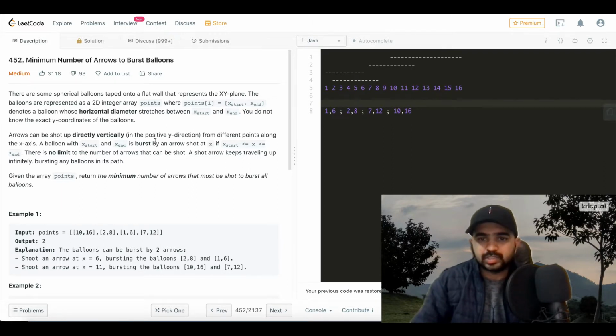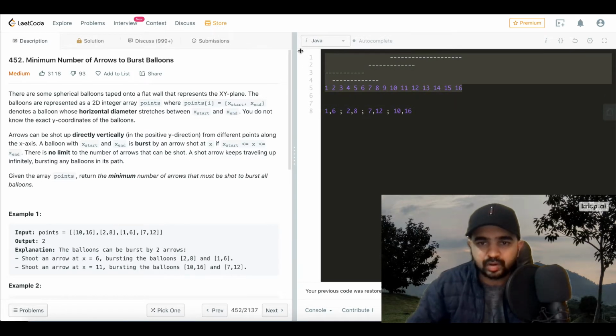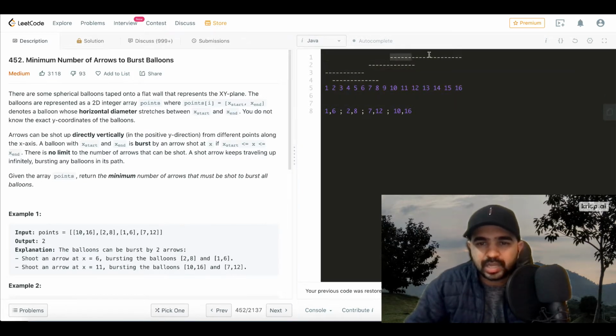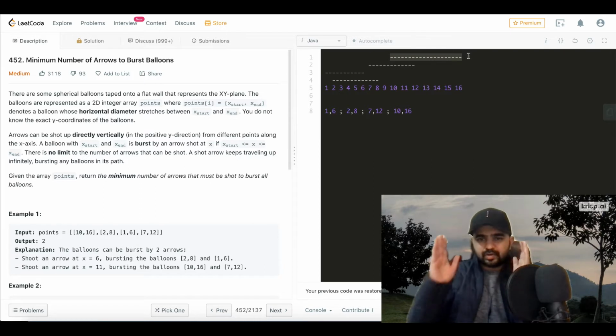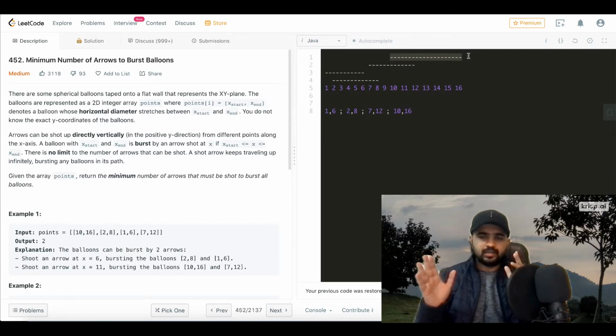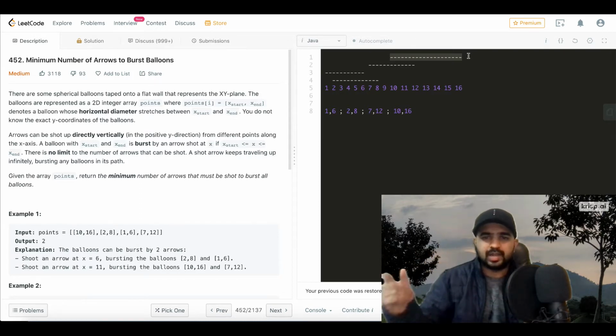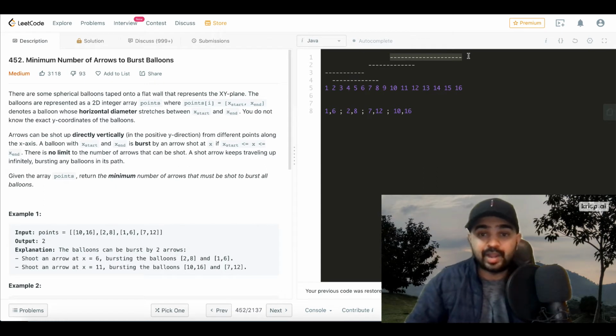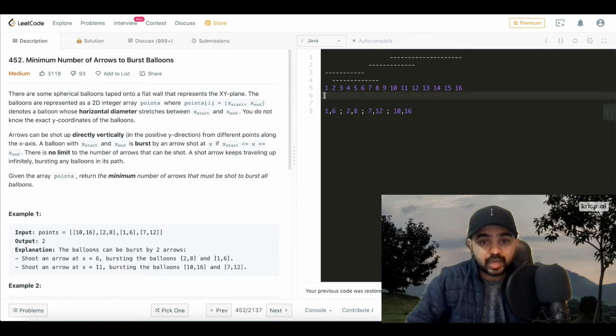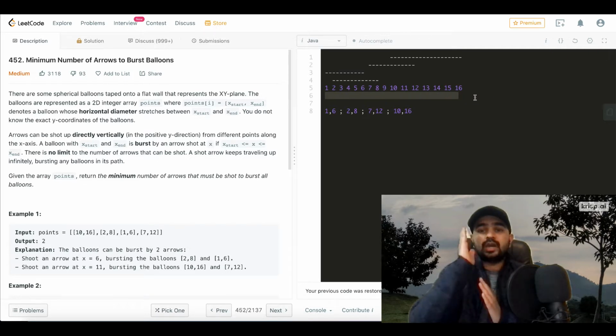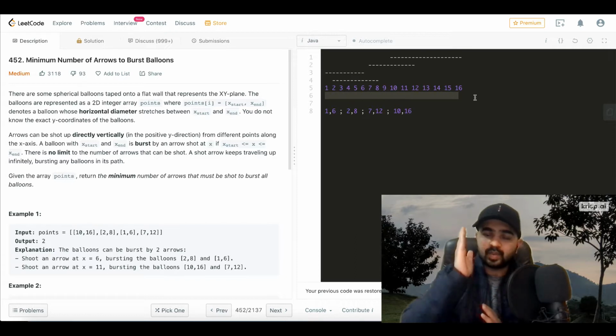You can imagine this as our entire wall, and this dotted line represents the balloons. So they have a horizontal width, but they do not have any vertical length. Now we are shooting arrows from somewhere here, in the vertically upward direction, that is the y-axis.